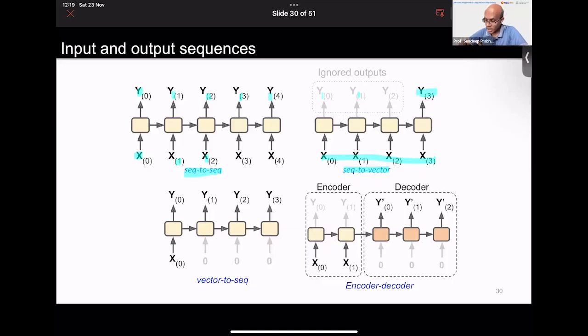The other architecture commonly used is the flip of this, where the input is a vector, but the output is a sequence. So I would like to generate a sequence having seen one vector. A very powerful architecture